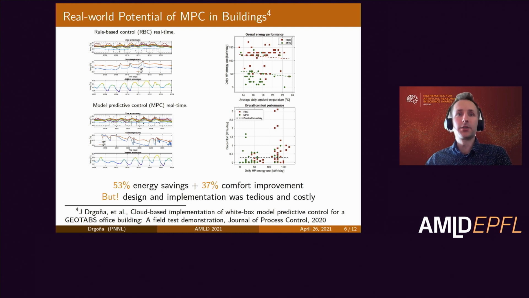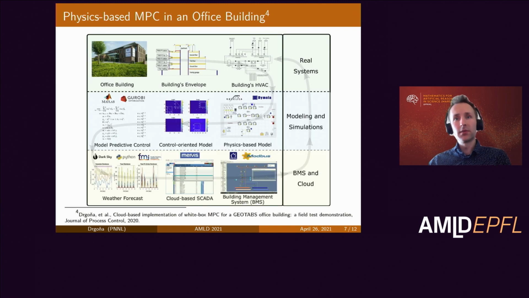But there is a catch. The design and implementation of these highly complex control strategies is really tedious and costly, and can take up several months of design. To give you some intuition, I will guide you through some high-level steps of this design strategy. With a real-world building, you first need to understand the physics, to understand what's going on in there with those engineering systems. So you need to have some design experts to help you make sense of it.